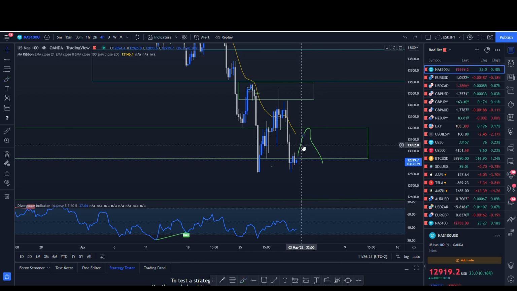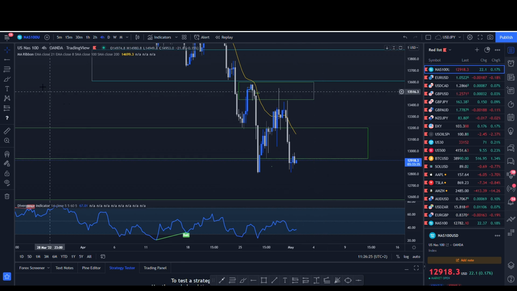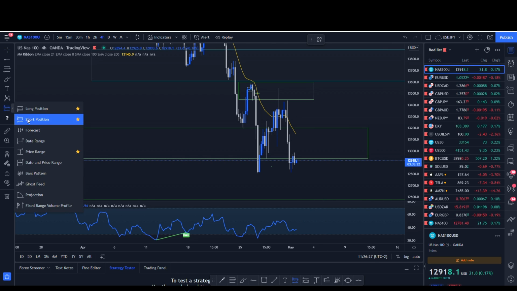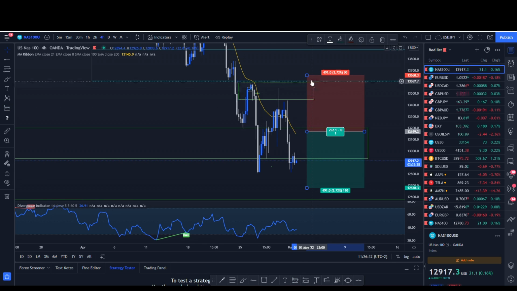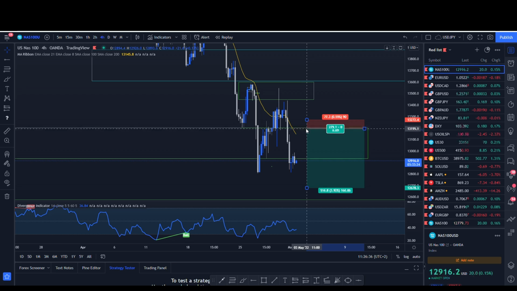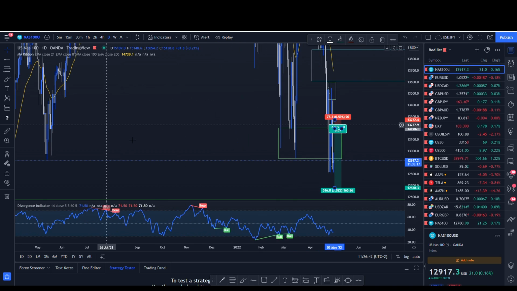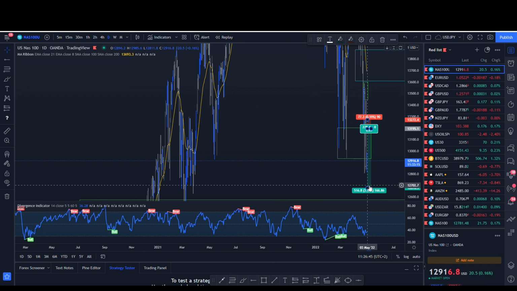Now, yes, there are opportunities to take scalps at those levels, but let's just look at what that looks like. So what I'm going to do is put a sell limit, guys, pending orders. I'm going to put a sell limit all the way up here, and I'm going to leave it there no matter what happens. Look at my tight stop, and my take profit in an ideal world would be all the way down here,